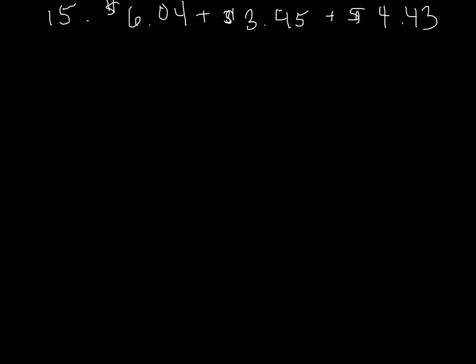Okay, so remember, using front-end estimation, we divide our numbers up with the decimal point. We add our whole numbers, or our integers. So 6 plus 3 is 9, plus 4 more is 13. That's our step 1, add the whole numbers. Then our step 2 is to estimate, to round the numbers after the decimal point. So I would round